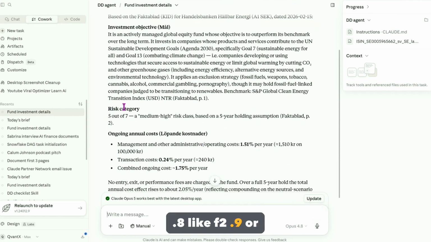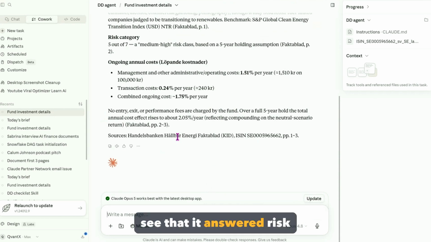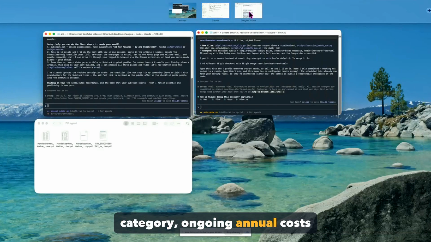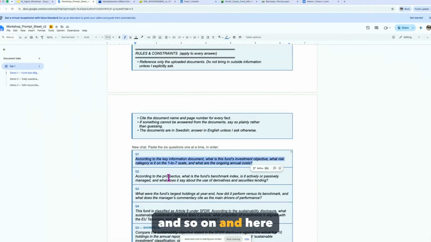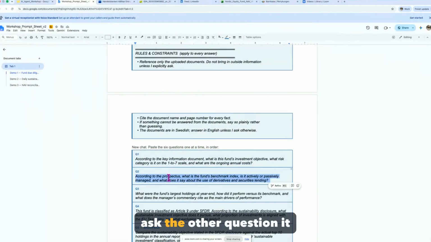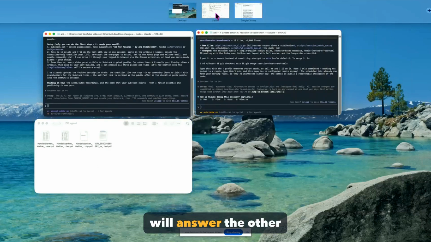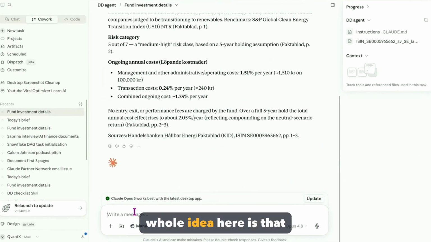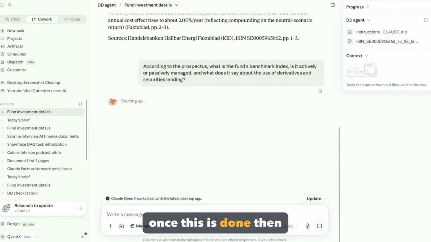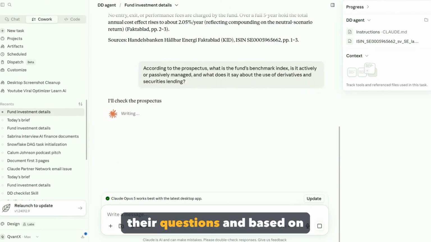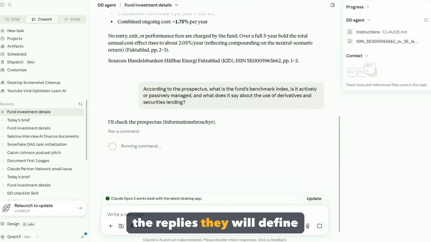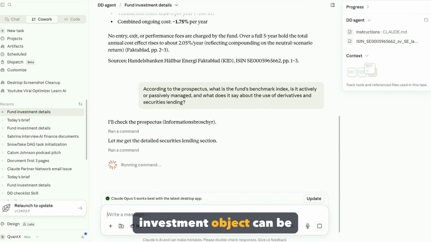So here you can see that it answered the risk category, ongoing annual costs, and so on. And here, if we go back and ask the other question, it will answer the other questions as well. And the whole idea here is that once this is done, then the business people will sit here and ask all their questions, and based on the replies, they will define if they still want to invest in the investment object or not. And the investment object can be a fund or a private company or a publicly traded company or